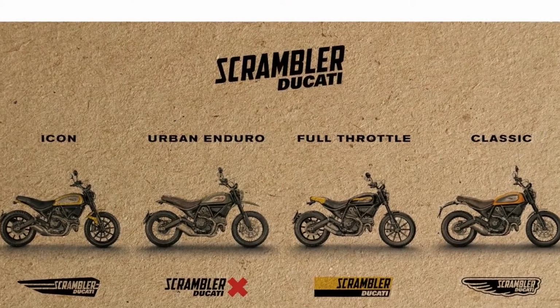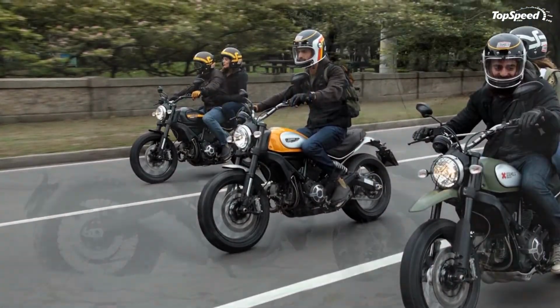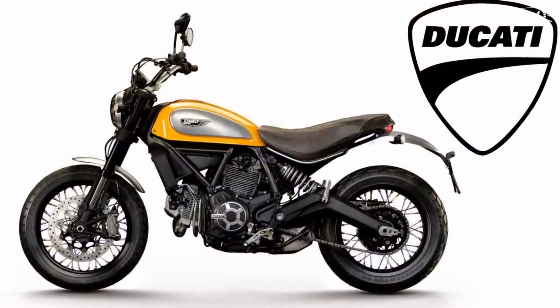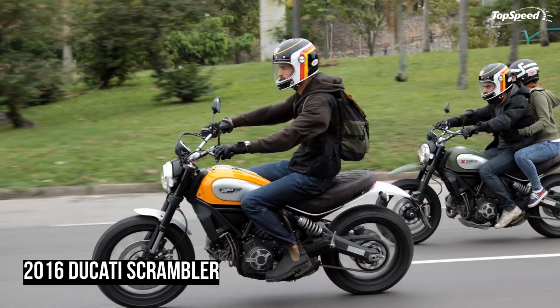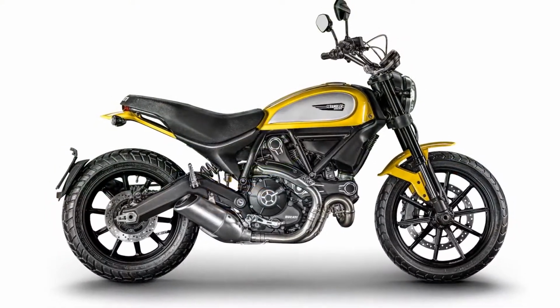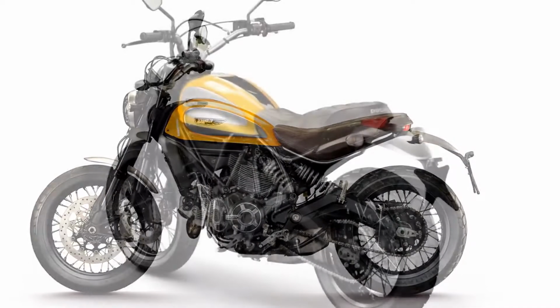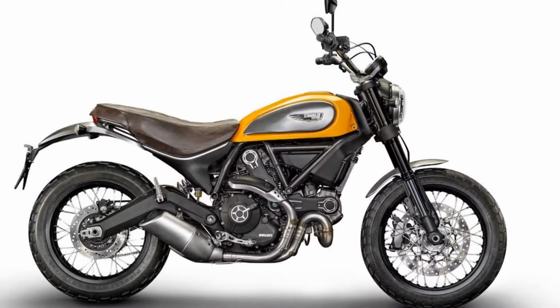One complaint I hear over and over has to do with the abrupt nature of the throttle response, namely that it's a little herky-jerky coming off the stops. It does smooth out further up the throttle range, but I wonder if Duck could improve upon that with a simple, cam-shaped or even elliptical throttle cable mount at the throttle body end. Wink nudge. The Icon, Urban Enduro and Classic all come with a clean-looking, 2-into-1 exhaust, while the more race-centric Full